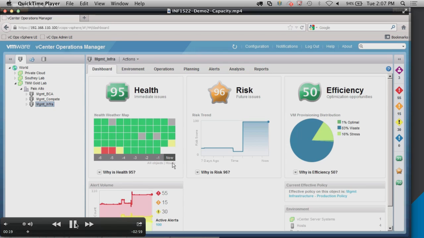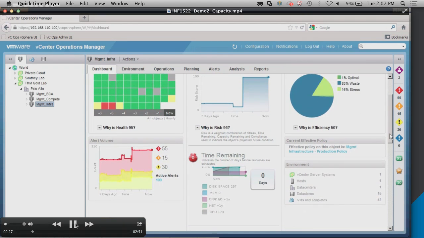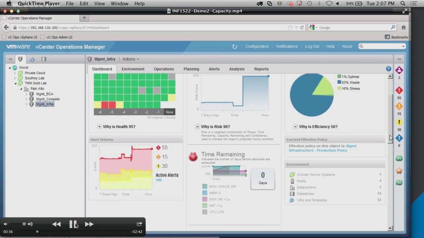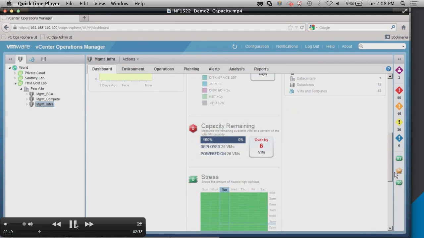Well, if I go to that Y is risk 96 and I expand that out, you'll see that it's going to show me time remaining and capacity remaining and stress. And you'll notice time remaining is 0. It's telling me I'm already out of capacity. If I scroll that down further, you'll see that the capacity remaining is telling me that I'm actually oversubscribed in this cluster. I'm actually oversubscribed by 6 virtual machines. Okay, so at this point,